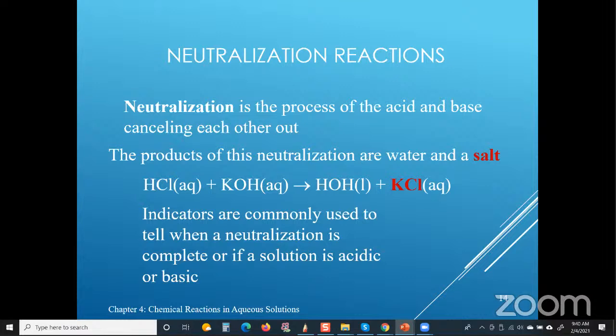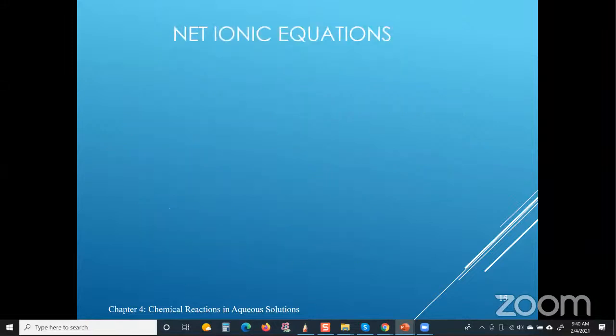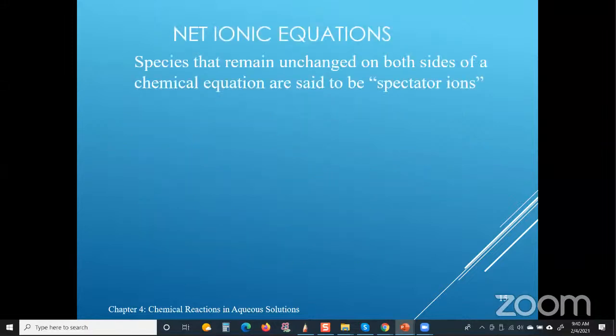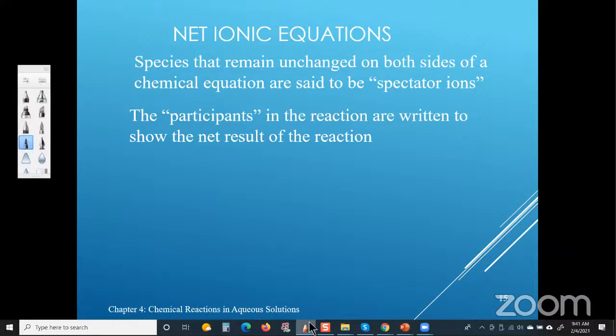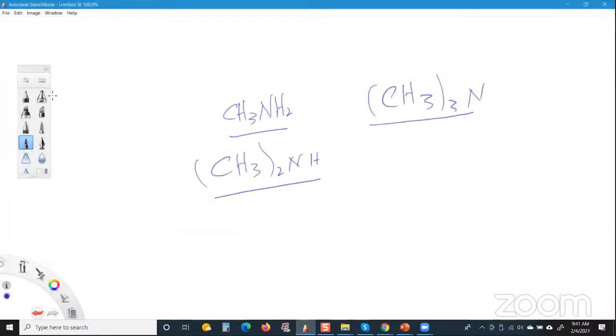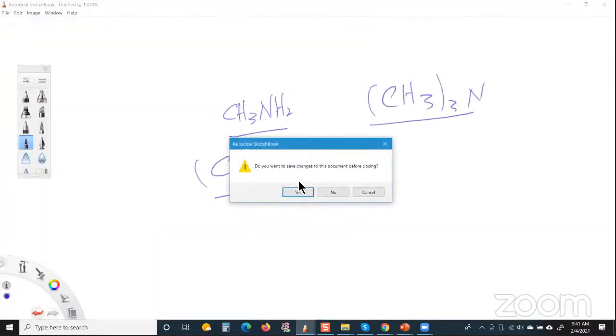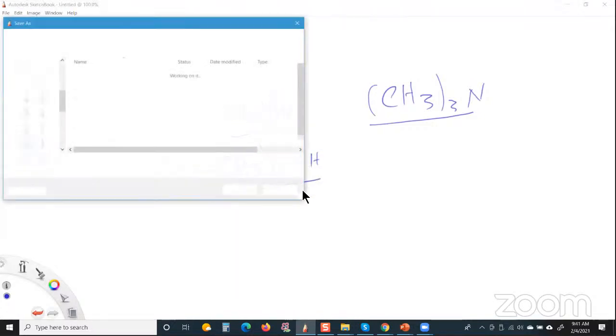But for now, we're just going to talk about neutralization reactions and how we determine the products of the neutralization reaction. Basically, and I think we discussed this already, but let me just give a quick review. Let me go back to the writing pad here. Let me clean this up. So just to remind you,